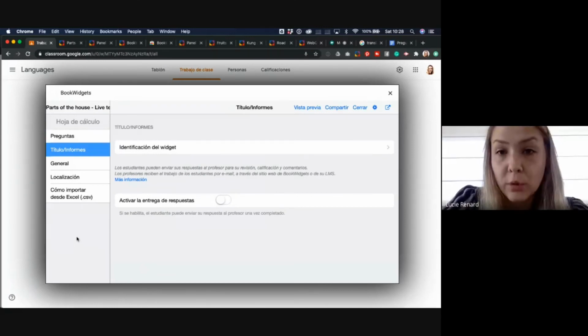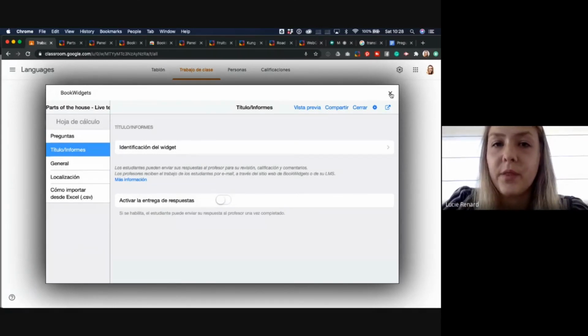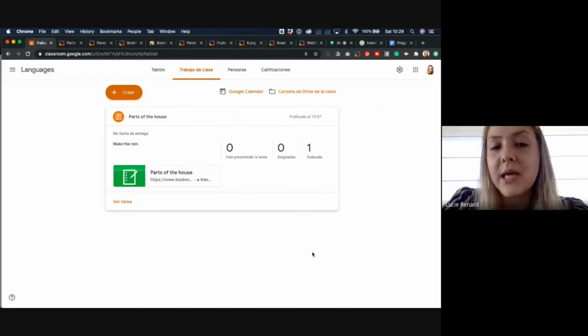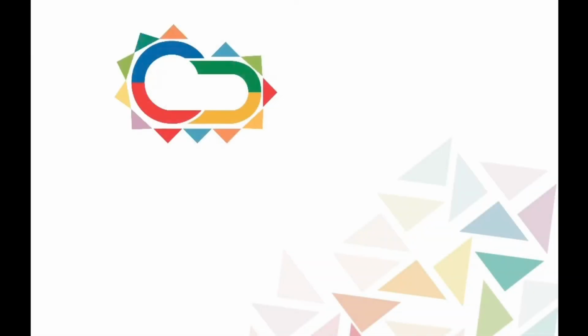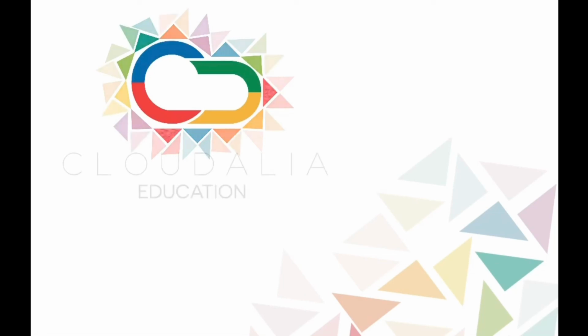I can also update my BookWidgets right now. And normally, if you guys reload the widget right now, you could get the answers. So I could also say you don't have to submit it, update it. And if you reload the exercise I shared with you guys, you can immediately see the answers normally. So then you should be able to do it. This is really handy about BookWidgets as well. As a teacher, if you made a mistake, you can still change your widget, your exercise,